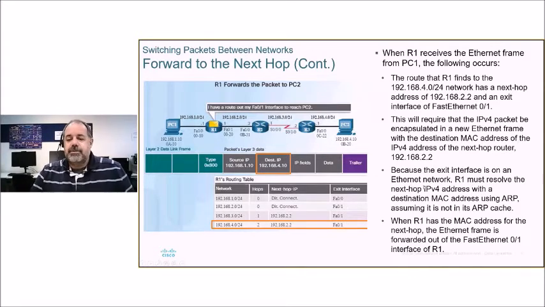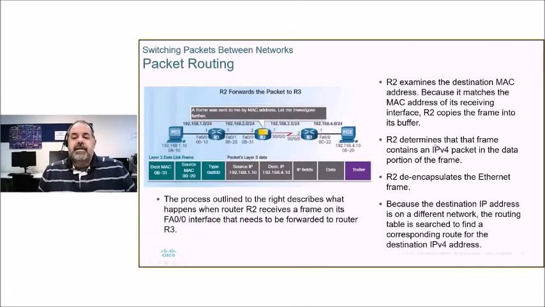Probably in its ARP table. I'm assuming they talk to each other fairly regularly. And so then, because the exit interface is on an Ethernet network, R1 must resolve the next hop. When R1 has the MAC address, it can then forward the frame out of FastEthernet 0/1. Okay, so then it will arrive at router 2, and basically the same process,